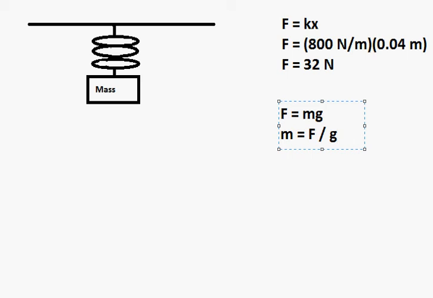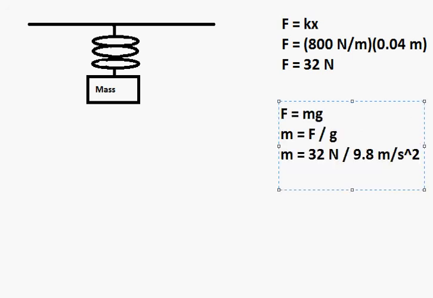So in this equation, we do not know the mass. We have been given the g, and the F we can say is our force of tension, since the force of gravity is going to be equal to the force of tension in the upwards direction. So if you quickly plug in those values, you'll get the mass is equal to 32 newtons divided by 9.8 meters per second squared. And that is going to give you roughly